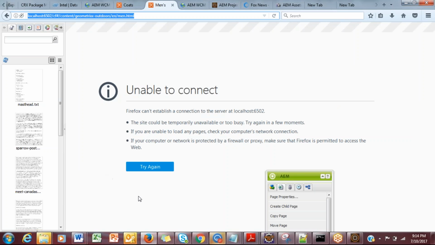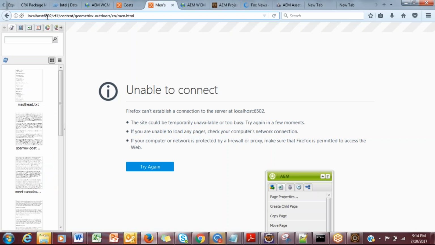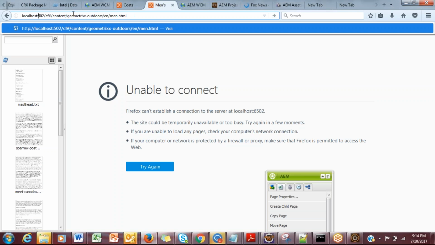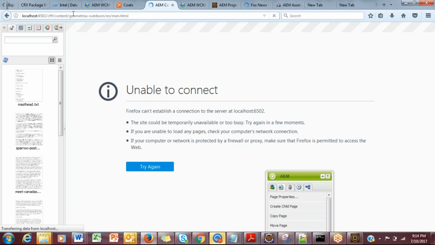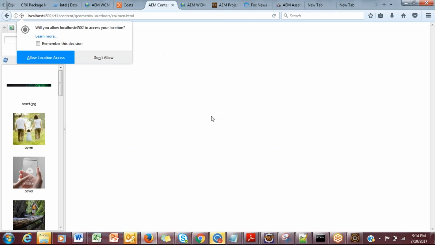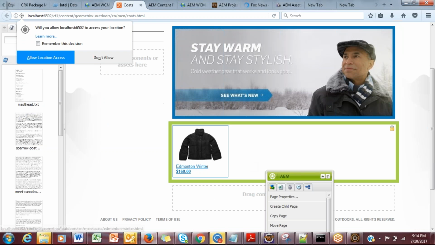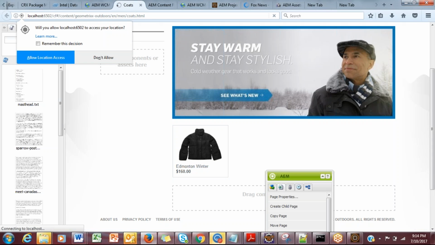Come on, this has to work. Let's say I'm interested in purchasing the shirt. Okay, this is the shirt I want to purchase. There's a coat.